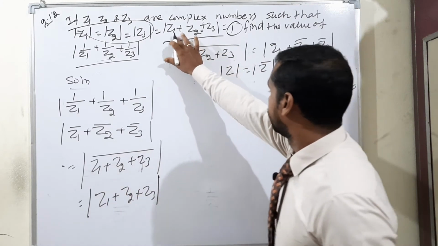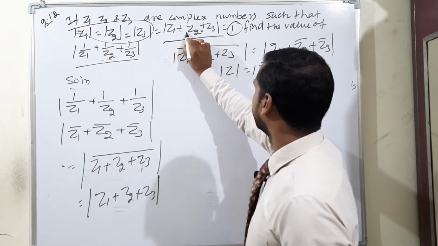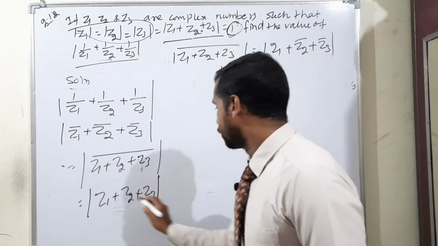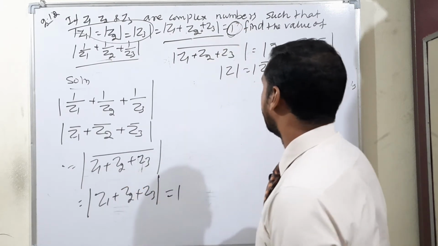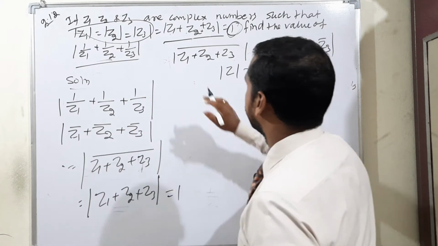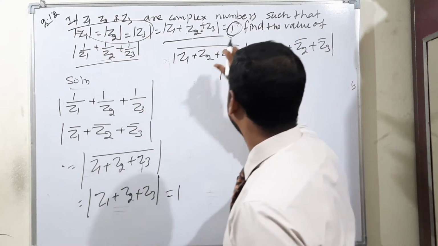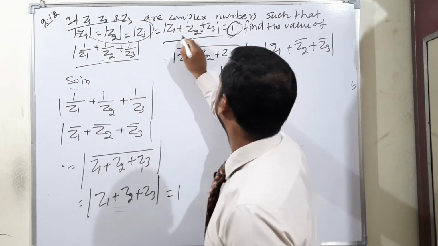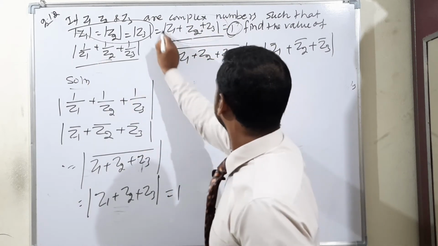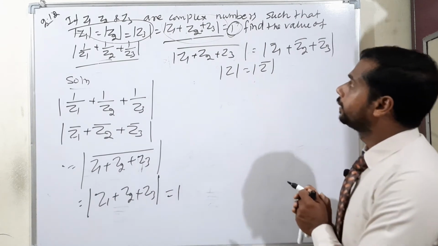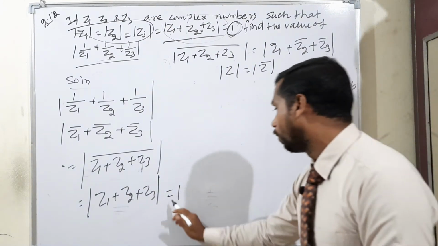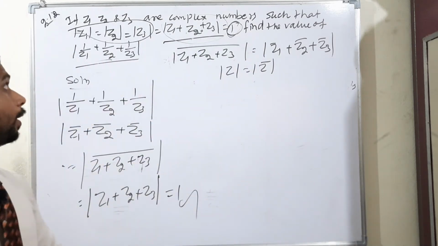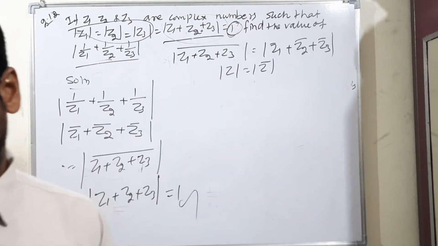But the next is the third condition, modulus of Z1 plus Z2 plus Z3 is equal to 1. So instead of this we can write it equal to 1. Look at what I am saying. I will consider the first three separate modulus values, and to find the value of the term, we will find the Z1 plus Z3 modulus term value will be 1. We proved it, so this is also a correct term. Okay, one of the important questions. I will continue with the next example 2.13.